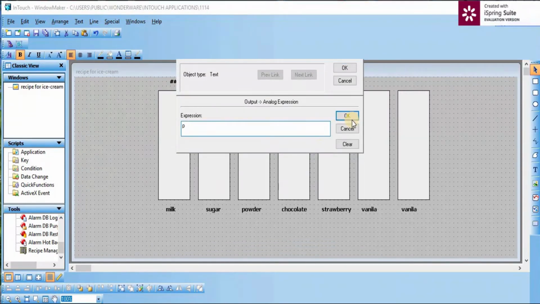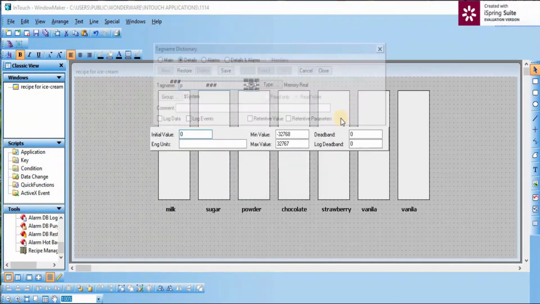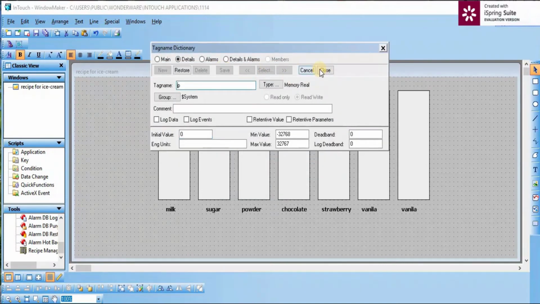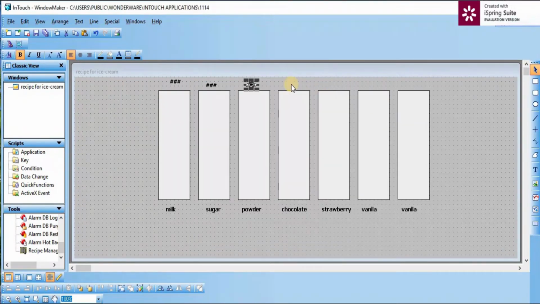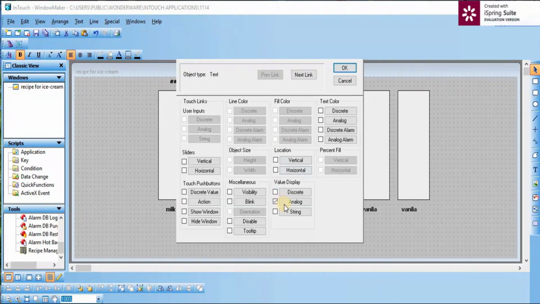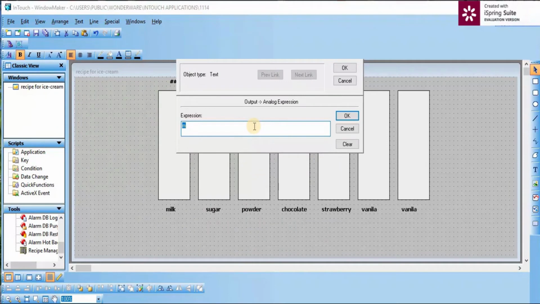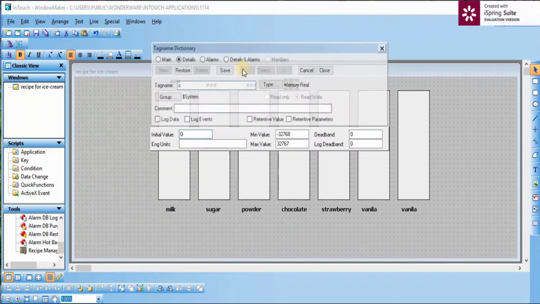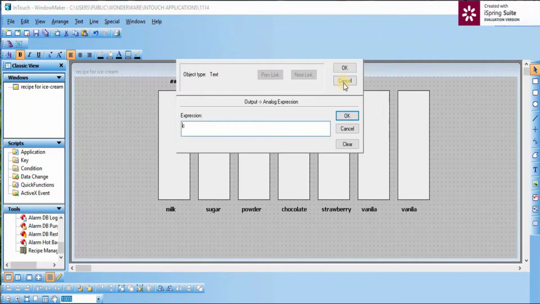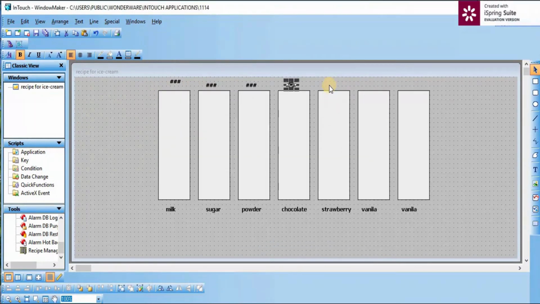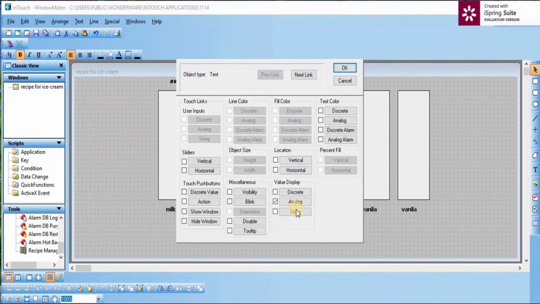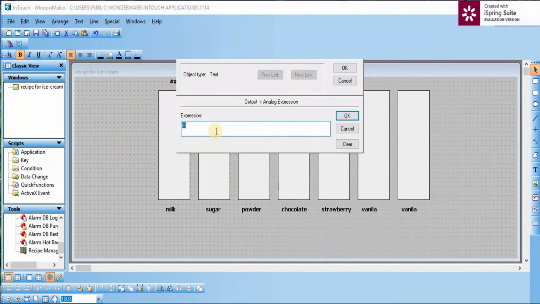Give the tag name as P. Here I used tag name C. Save, close. ST for strawberry.